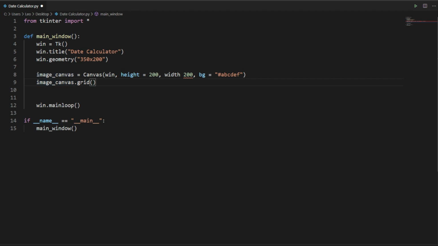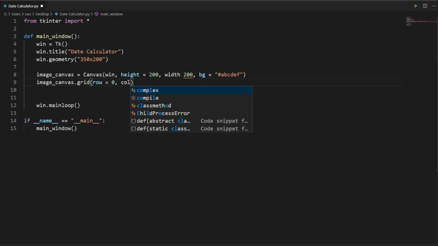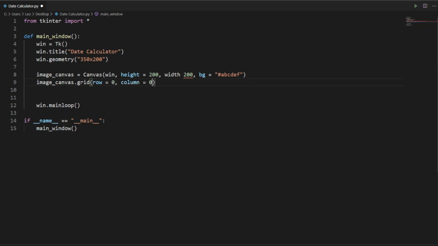Image canvas dot grid, row equals 0 and column equals 0, and then we can pass some optional arguments as well. We need to pass rowspan equals 10 and columnspan equals 5.